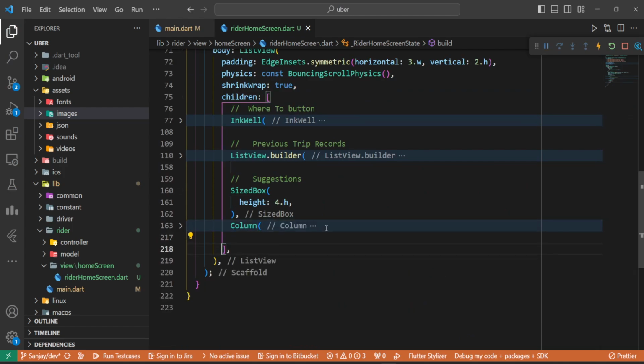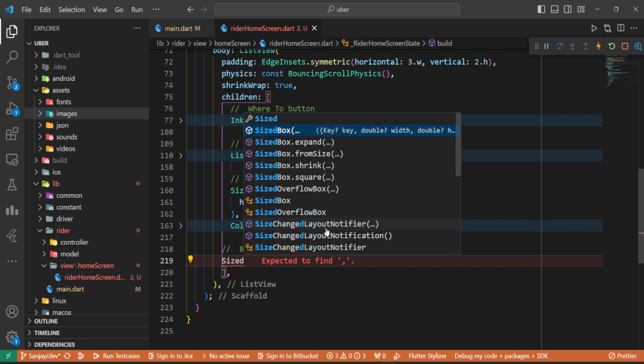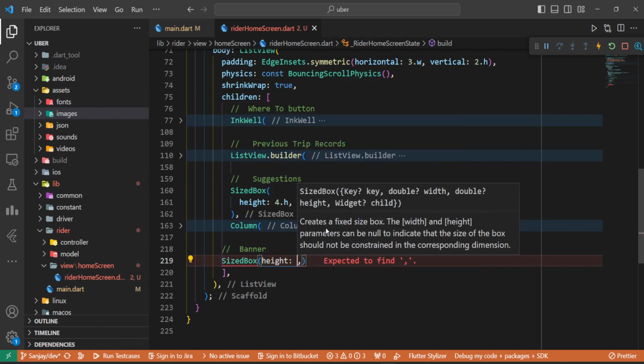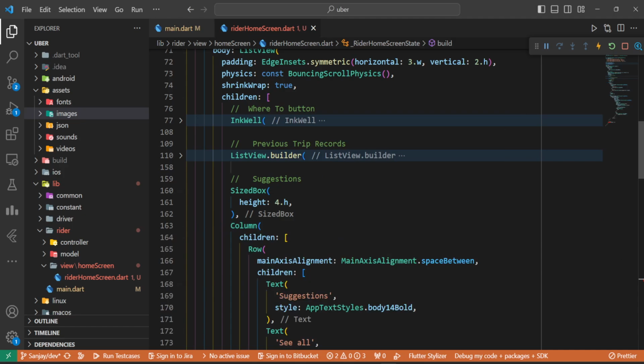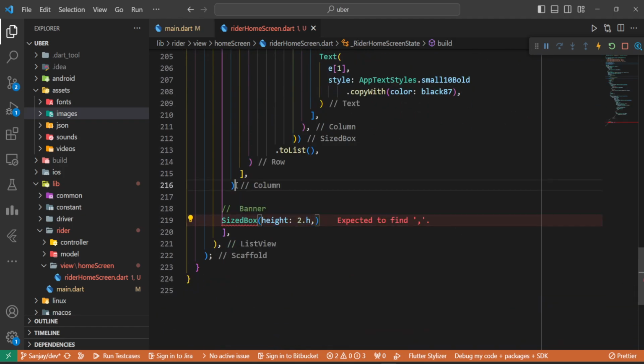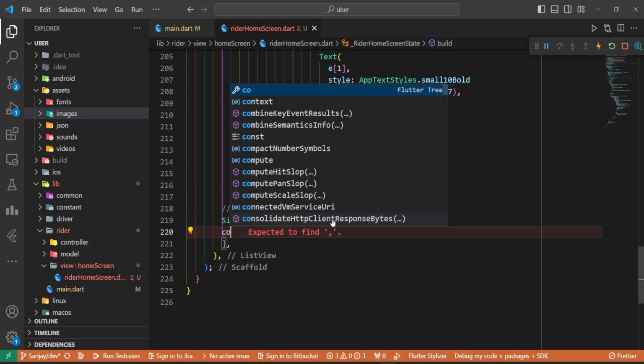So we have implemented the suggestions. Here comes the banner. So we will go with size box height 2.h. So I think again I've missed a comma after this column. Let's introduce the column here. And the next, it's going to be const